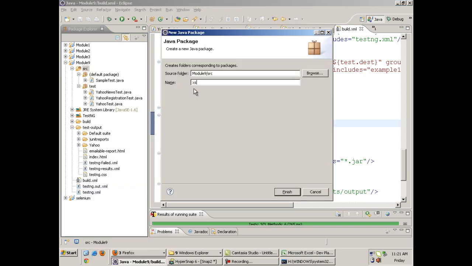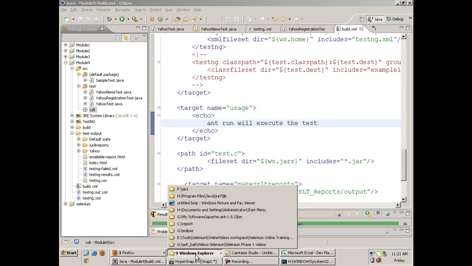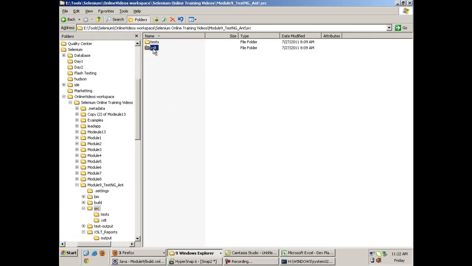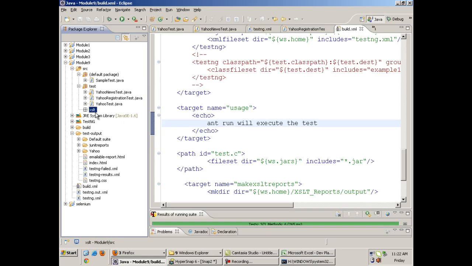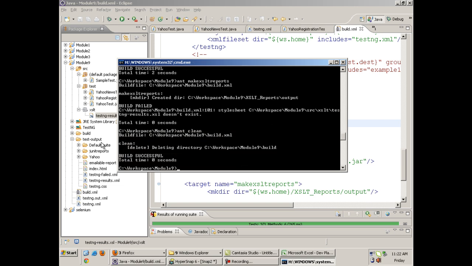The package should be named XSLT, and inside this package you have to keep an XSL file, testng-results.xsl. This one. Now you can clean your project again, because I have changed something in the source code. If I have changed something in the source code, I have to clean and compile the project.